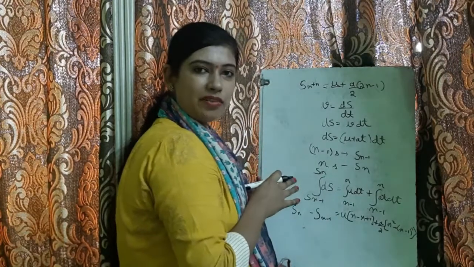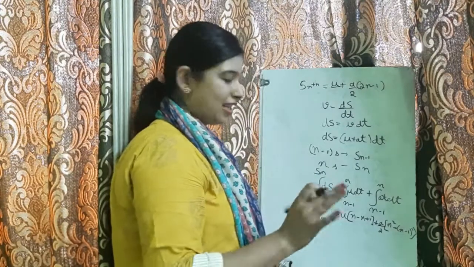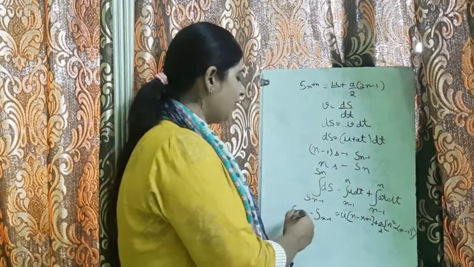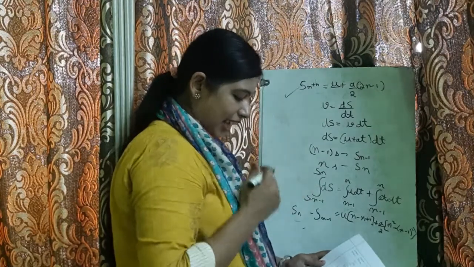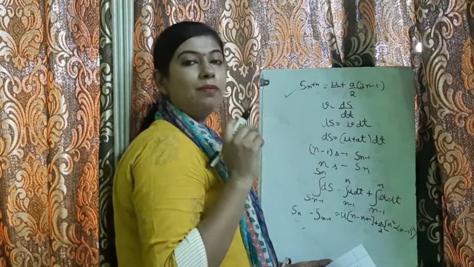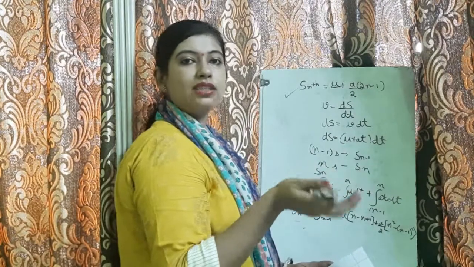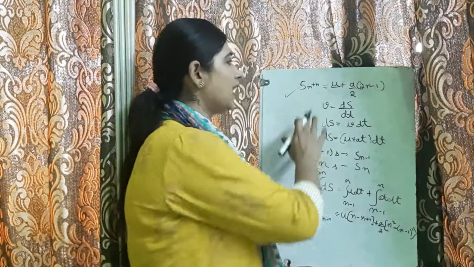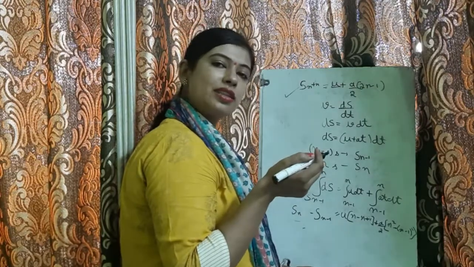When you solve this equation, some calculation you have to do yourself. I have given them in the notes for reference, but you have to solve it yourself and you will reach the equation for the nth second. S nth second, what is it? Sn minus S(n minus 1) is known as the S nth second. It means the distance covered in a particular one second, consecutive seconds, like if you take 5 seconds minus 4 seconds, you get the distance in the 5th second. That is known as S nth is equal to u plus a upon 2 into 2n minus 1.